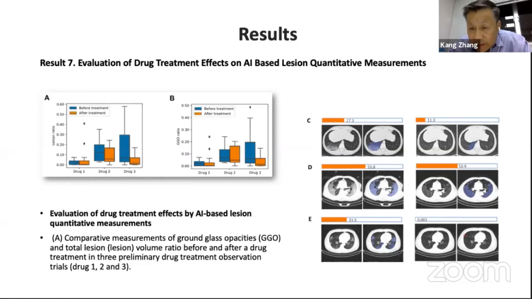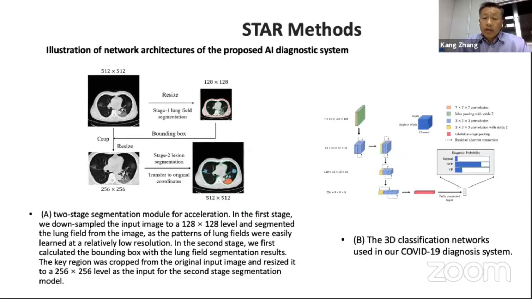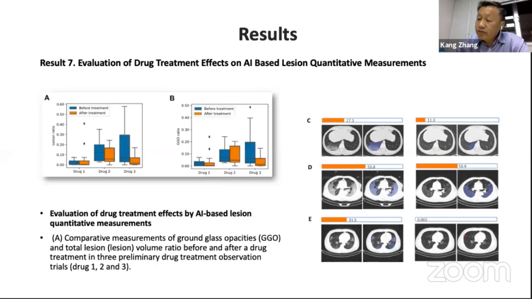And you can, for example, quantify whether there's a reduced lesion, or an increased lesion, or no change, or you can see whether there is increased fibrosis or decreased fibrosis upon the drug treatment. So I went very quickly over how we used this AI system for applications of several